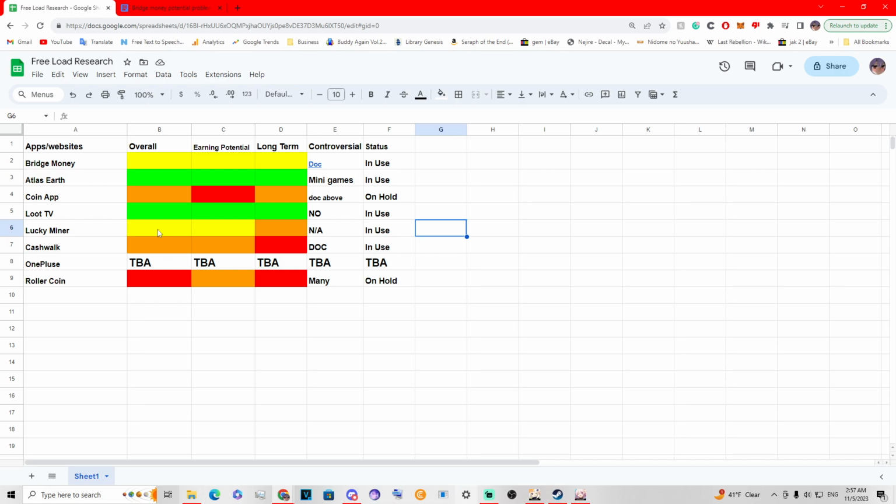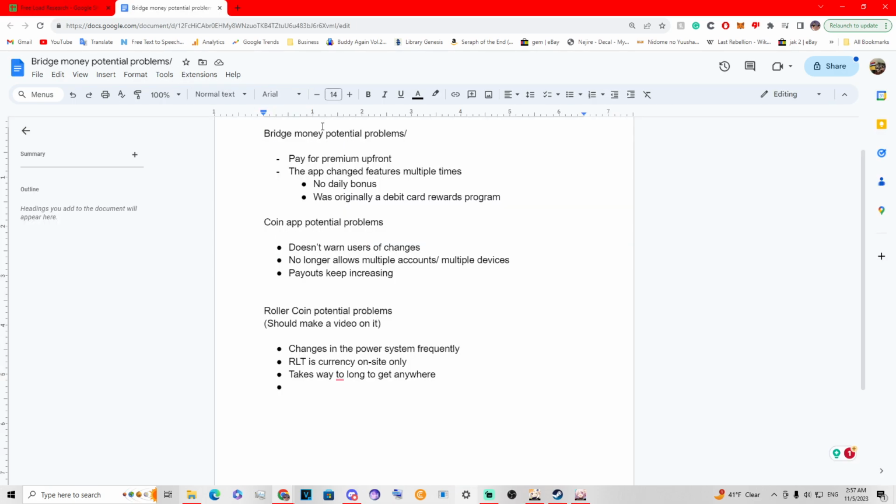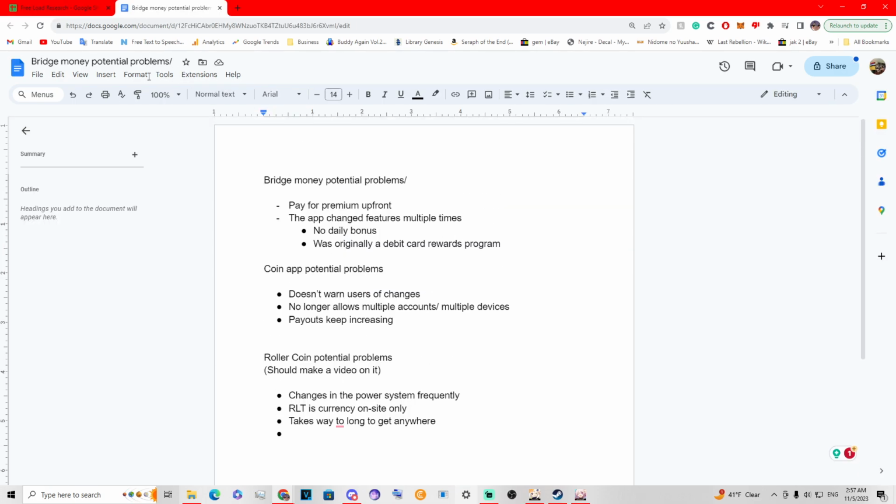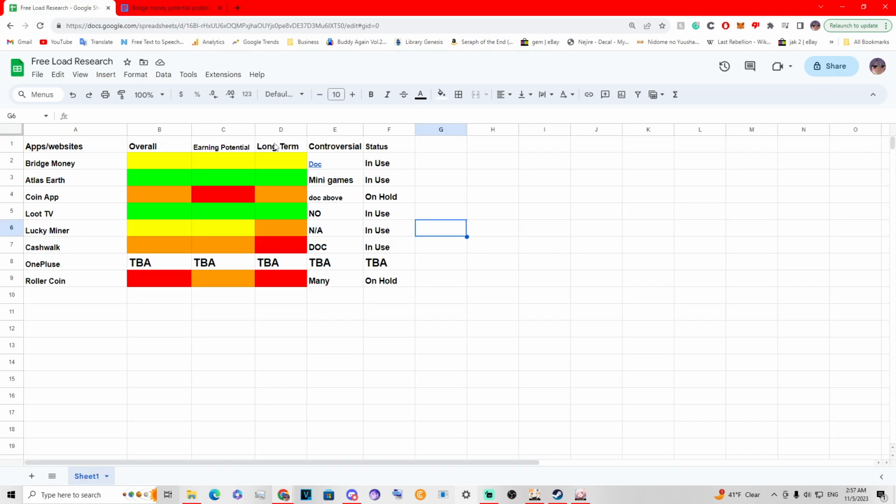Well, here's the problem with Cash Walk. I didn't even write it down on the doc, so I've got to talk about it right now. But here's my biggest problem with Cash Walk. Okay, long term, not going to be able to use it because I'm yielding to the fact that there's a lot of changes. Okay, overall, when it comes to the controversial parts, originally